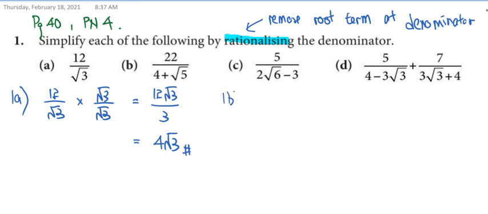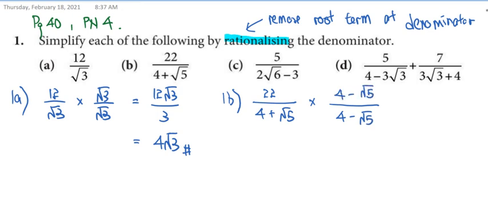But B is a more likely question. Do you see any root term at the denominator for B? Yes. So our job to rationalize is not as easy as part A. What must we multiply? We must multiply by the C word. Conjugate. Nosham, what is the conjugate of 4 plus root 5? 4 minus root 5. Again,